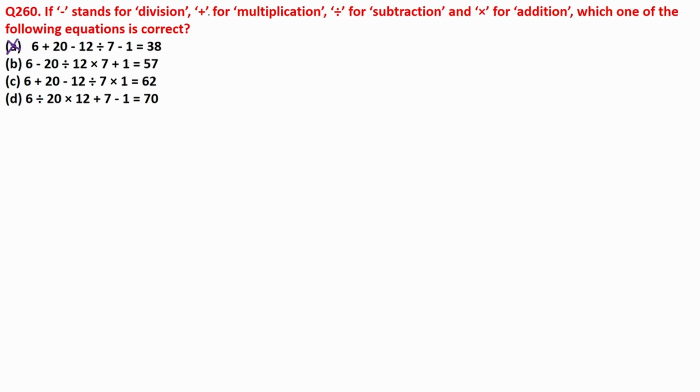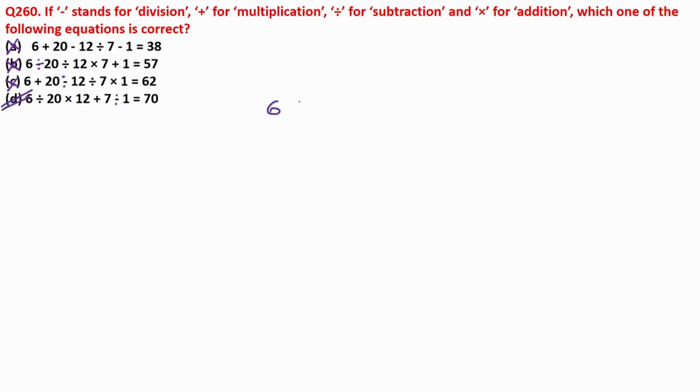Just observe that. You just focus on minus and division. Where is the minus? Instead of minus, you have to use division. Again, 6 is divided by 20, which gives a decimal calculation. So it's the wrong one. Again, if you observe, there is a chance minus stands for division. C is also wrong. Now just observe the last one, 7 divided by 1. Okay, there is a chance for option D.